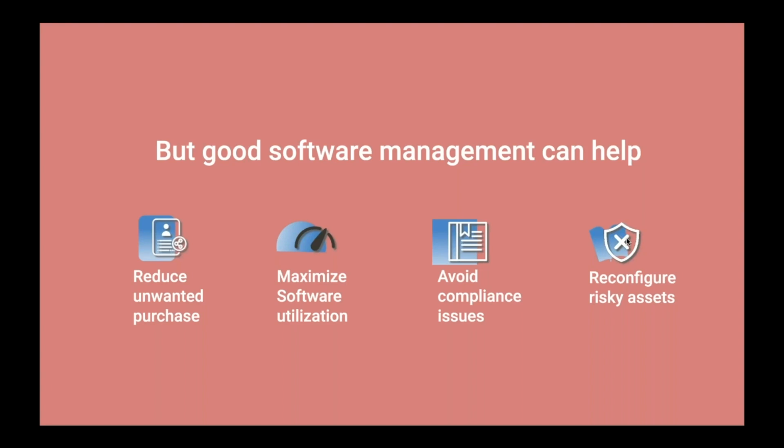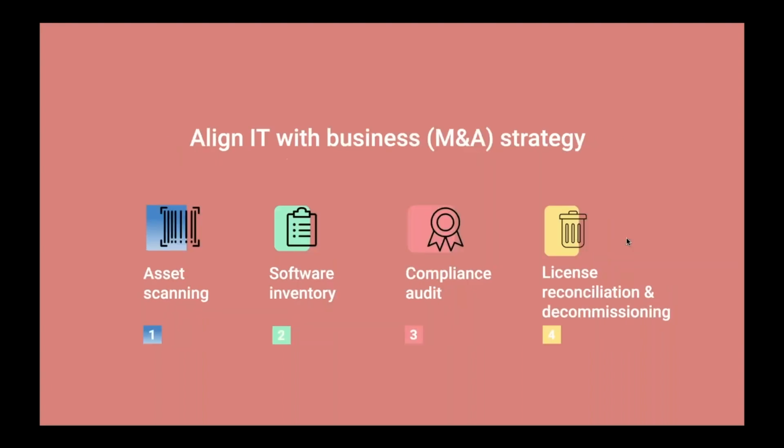Some of the assets which hold a lot of information and whose software license is going to expire, the software would stop working, and business applications can stop working. So we have to ensure that the licenses are in place and also renewed on time to continue using the business application, right? And in a merger and acquisition situation, all right,